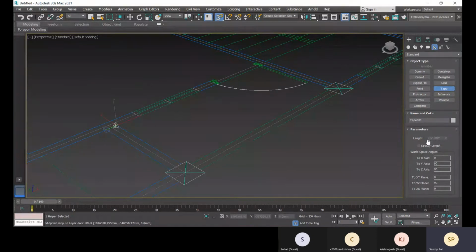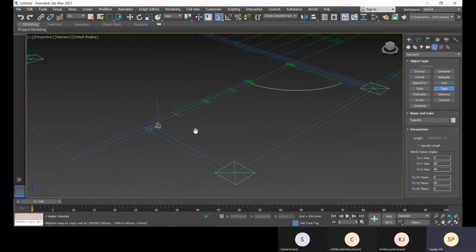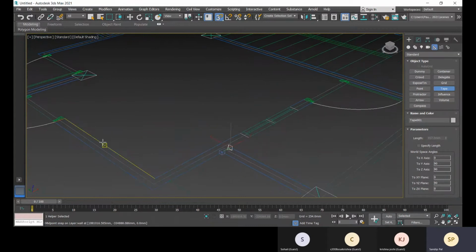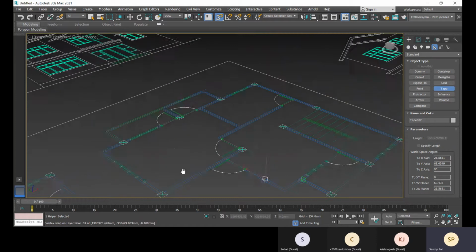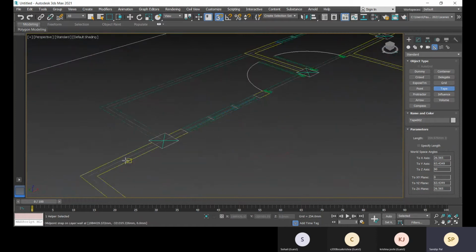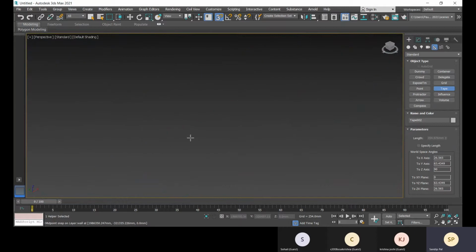See, the length is highlighted here, that is 317.5 mm. You can be sure from this point to this point like that as well.